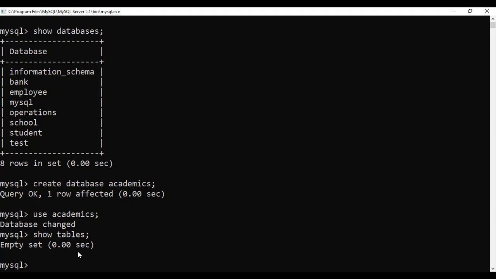So what is the syntax? Create table, table name, and after that you have to specify the column name. You have to specify what data type is accepted for that particular column name and what the constraints are. Suppose I just want to create a table named student, which consists of roll number, name, and two subject marks. These are the details I want to enter. So how will I do it?